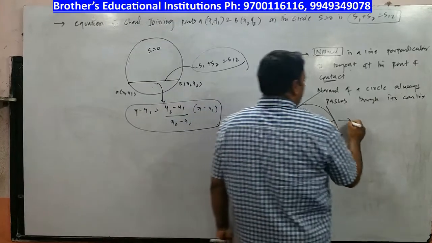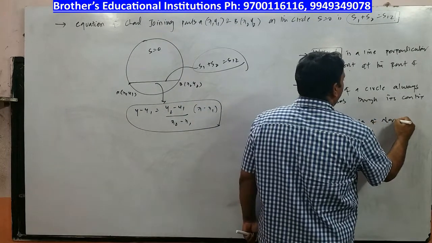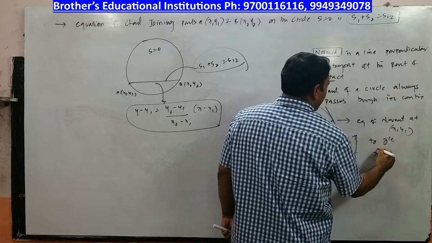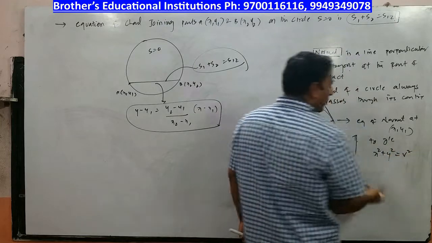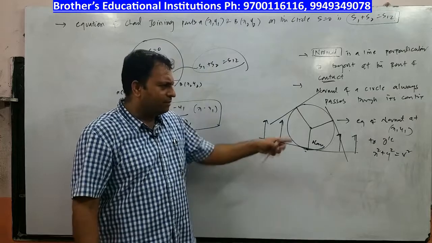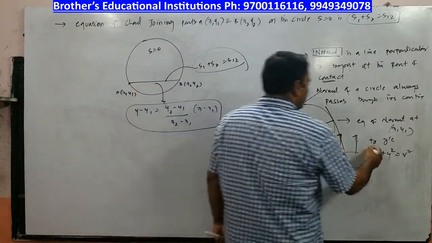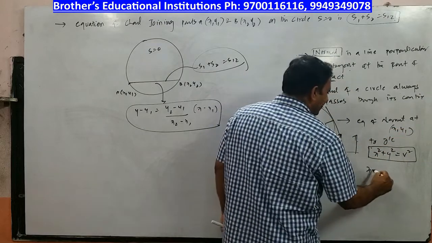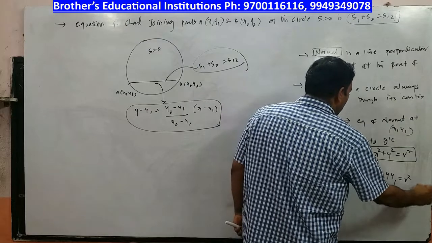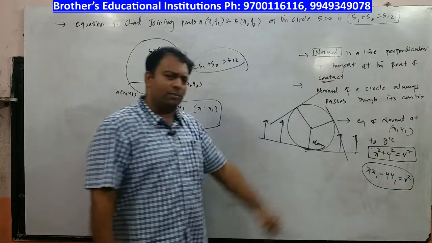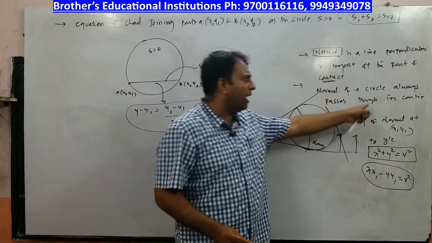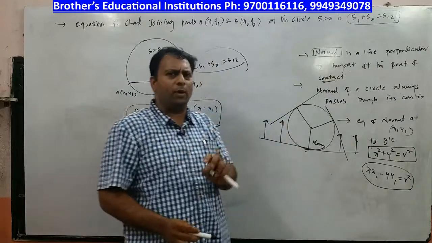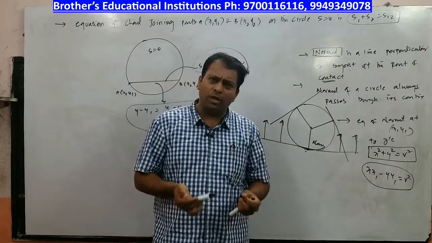And if I ask you, what is the equation of the normal at (x1, y1) to the circle x square plus y square is equal to r square? Simple circle, because the center is (0, 0). So the normal at a point to the circle x square plus y square is equal to r square can be defined, but you can remember this, and always remember that the normal always passes through its center, right? And where is a normal drawn? Normal is drawn at the point of contact. Very important, because you may get questions based on normal in future, right?